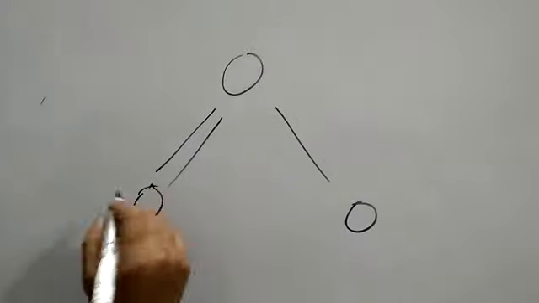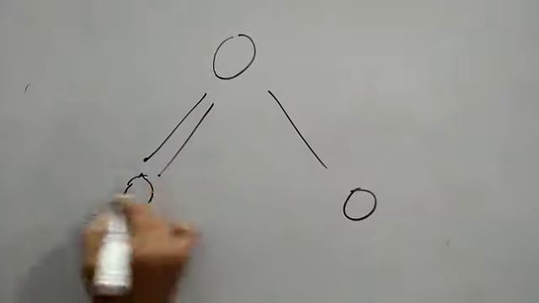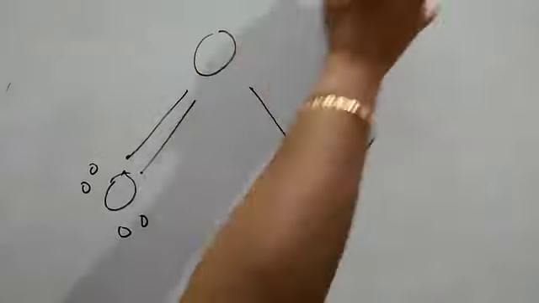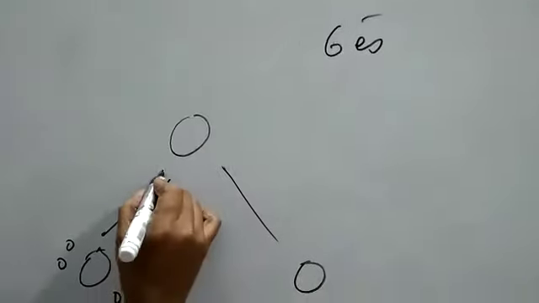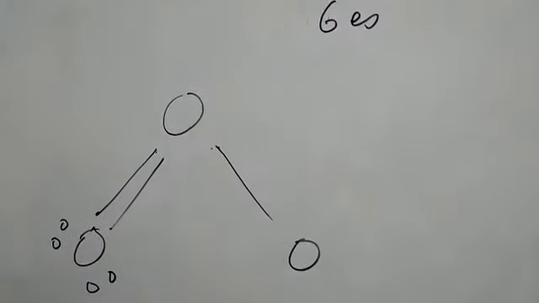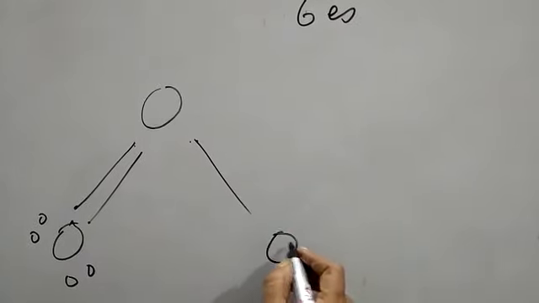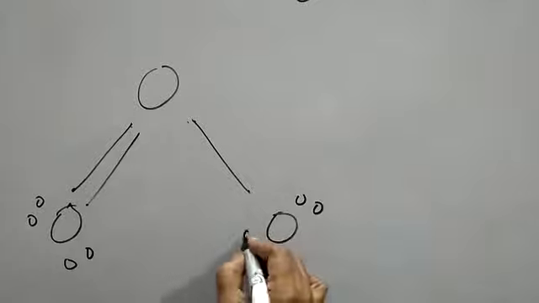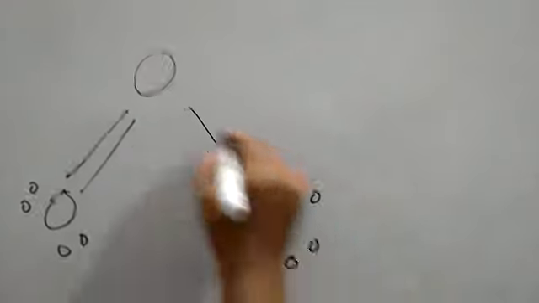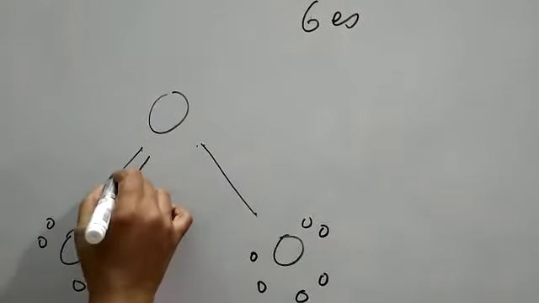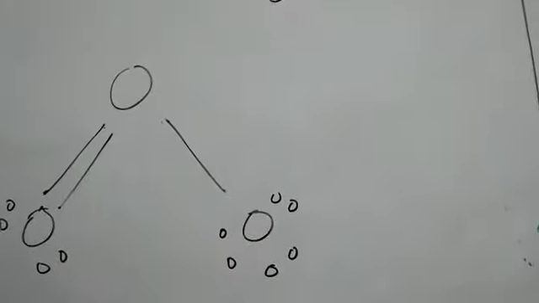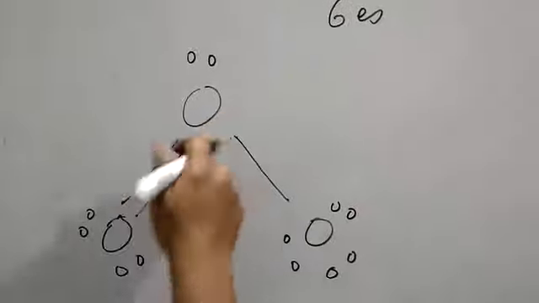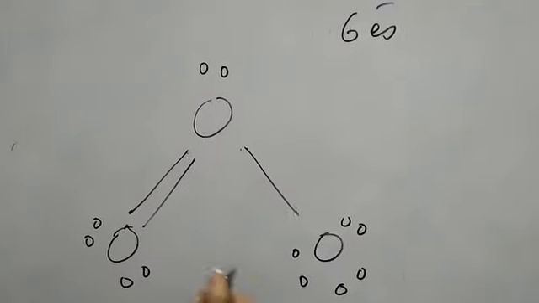Your oxygen is having 6 valence electrons, 2 consumed. So here 2 lone pairs, here 3 consumed, so 6 electrons are there. 1, 2, 3 consumed. Okay, now here this is having your 6 electrons. Now the ozone structure is ready, with the lone pairs of electrons. Okay. Now what is the thing?